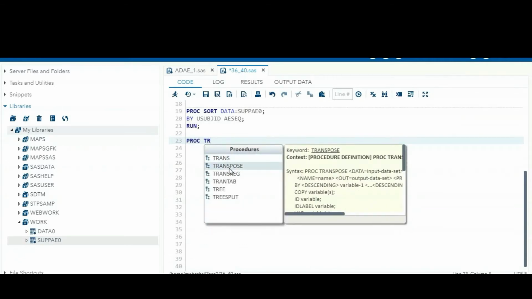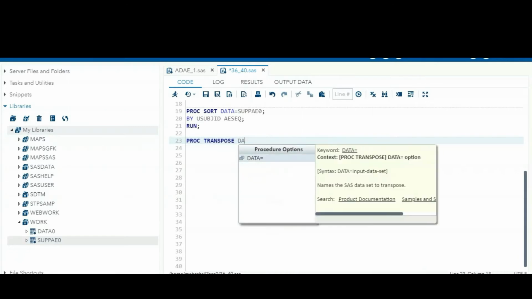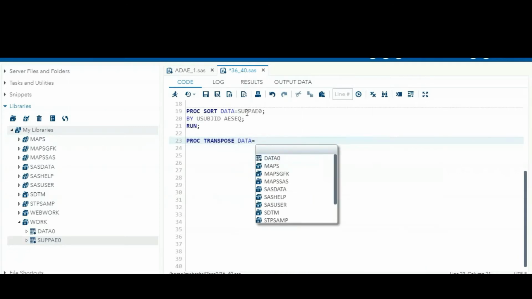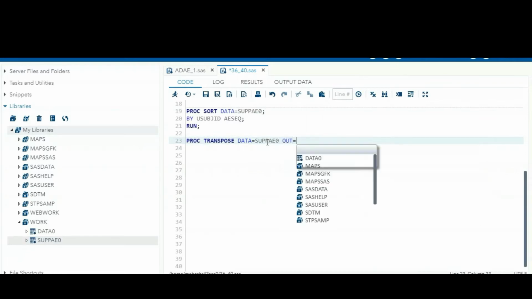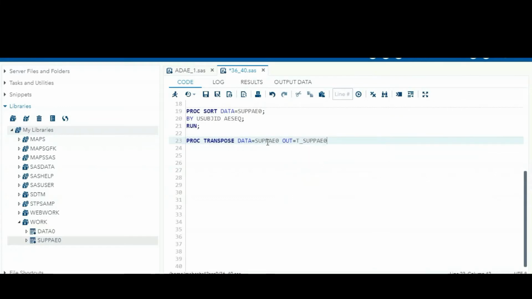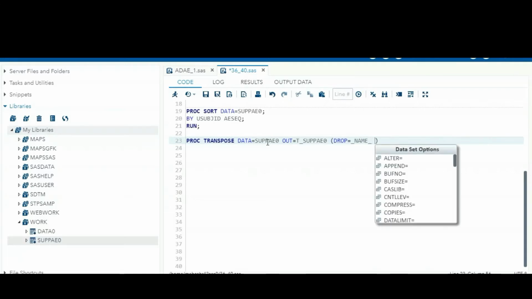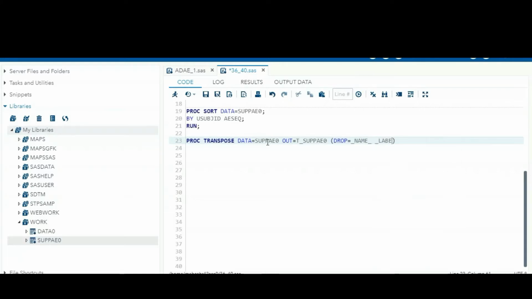Proc transpose data equal to, out equal to. So we are giving some transpose, right? Transpose this one. What are the automatic variables whenever you use the proc transpose procedure? _NAME_ and _LABEL_. So we can drop those.